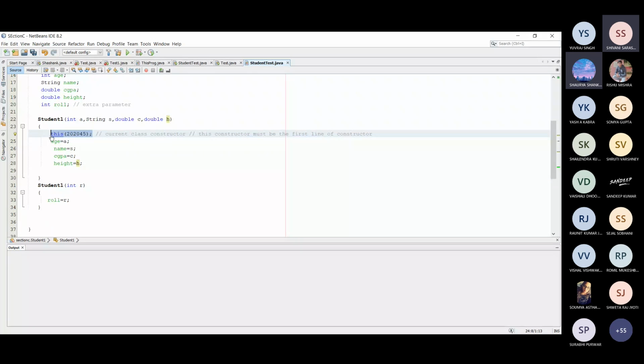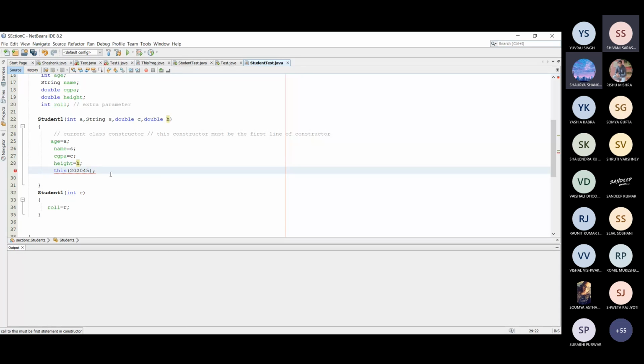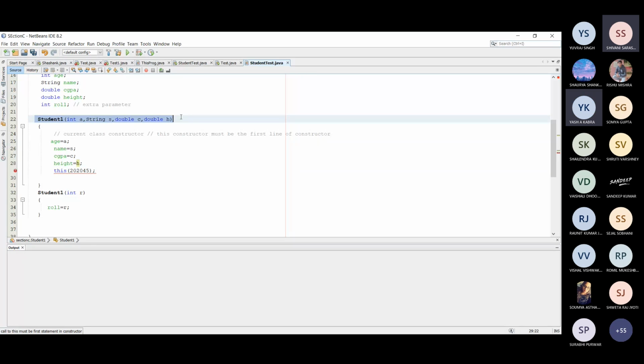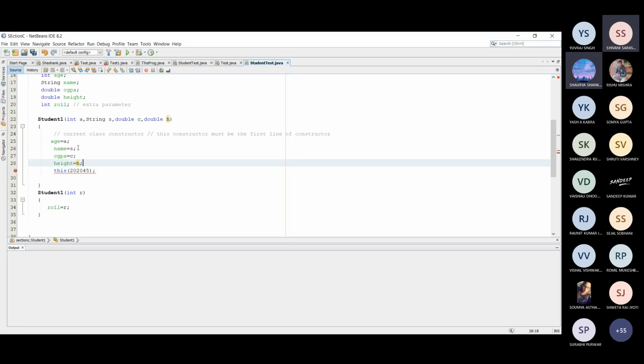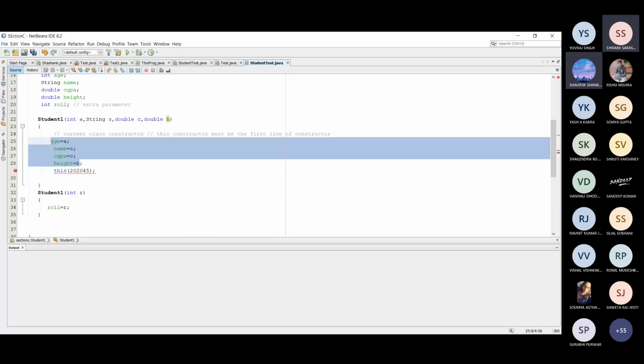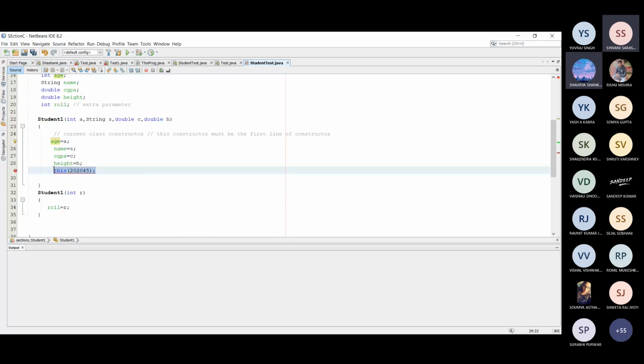सपोज इफ आई राइट दिस लाइन, इसको यहाँ से हटा के नीचे लिख देते हैं. If I write like this, an error is generated because initially this constructor is called, and then during the constructor calling only 4 parameters are there. The object memory cannot be created here. So in order to create proper object memory and initialization, we need to put this constructor like this. Okay, so this is the significance of this constructor. We will discuss again tomorrow the significance of this keyword.